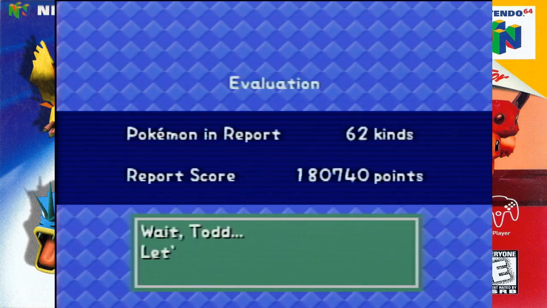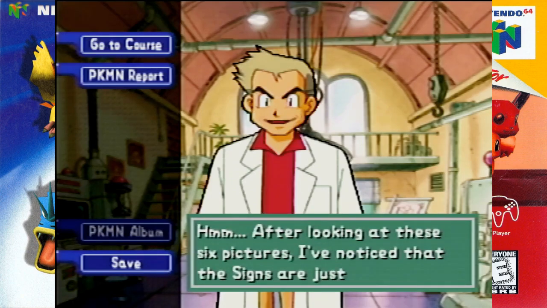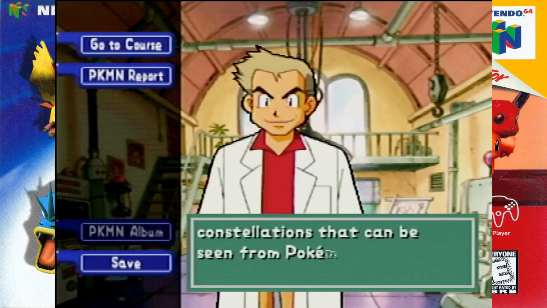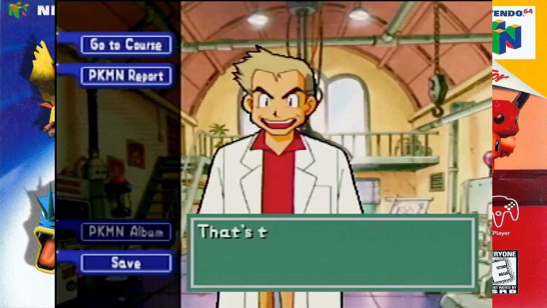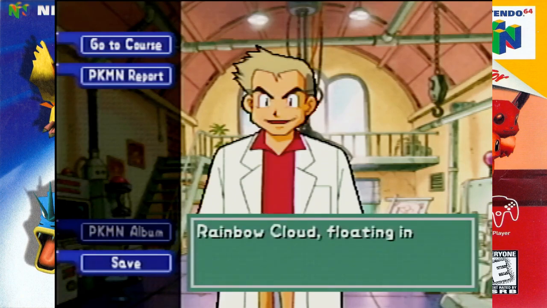Oh yeah, our last Pokemon is the final Pokemon you can take a picture of, assuming you've taken a picture of all of them up until this point. So now, after studying all of the Pokemon signs, Oak will comment that they are similar to the constellations that can be seen on Pokemon Island. And so now,